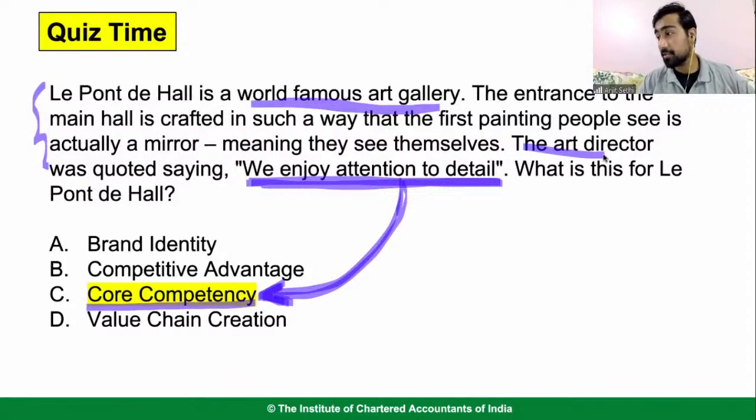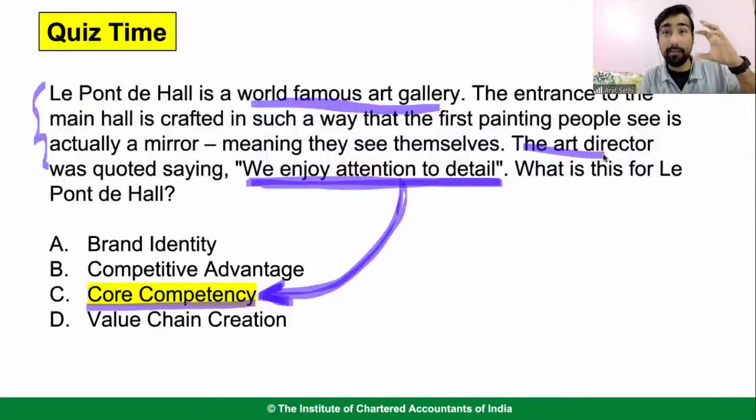Value chain creation to kahin se bhi nahi, because it is not creating any value for the customer. Value for money aa raha hai kya? Is this particular thing creating value for money? So let's say I'll tell you 5,000 rupees entry hai is art gallery. You have to pay 5,000 rupees to see this art gallery, and no one is there, value for money to hai hi nahi. So value chain creation should create some value for money for the customer. अपने आप को देखने के लिए कोई 5,000 रुपए नहीं देगा, right?